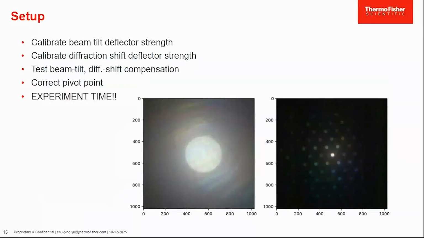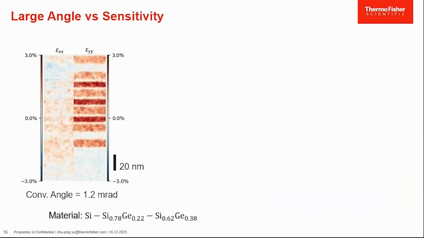And after that, you can do your experiments with convergent beam or parallel beam depending on the situation. But here we're going to use the parallel beam or more parallel beam for strain analysis. To come back to our sample, earlier we've seen recorded data sets or results with a convergence angle